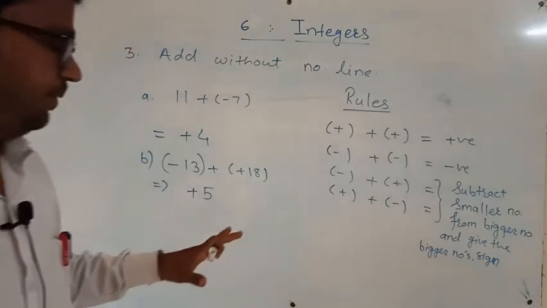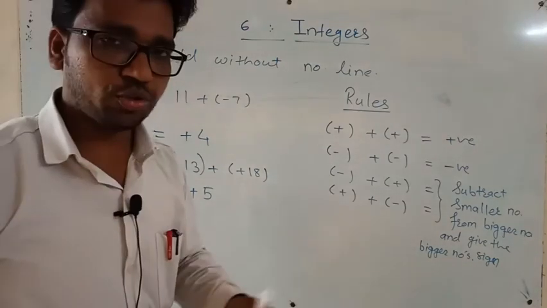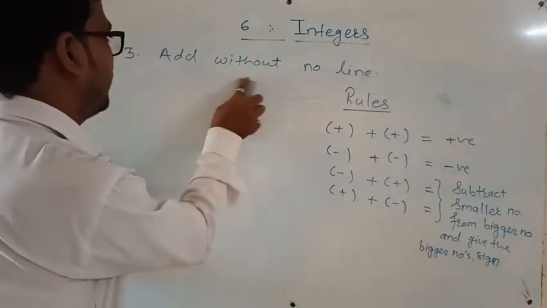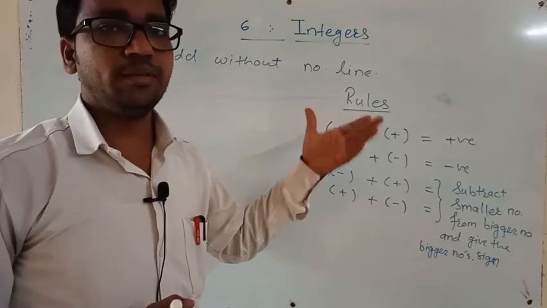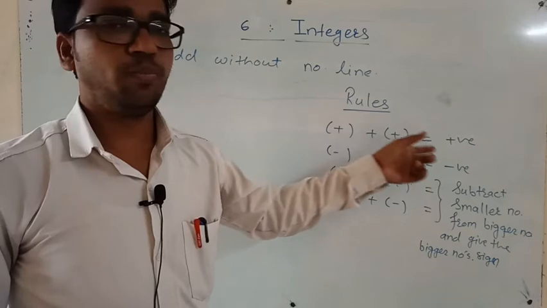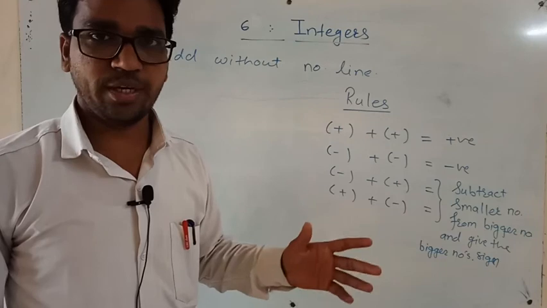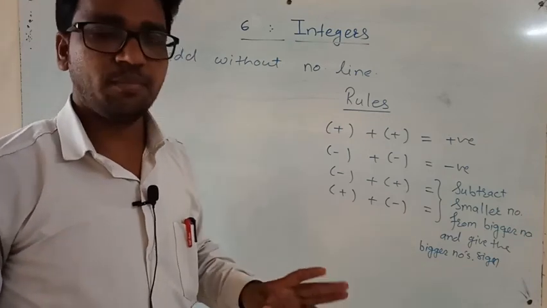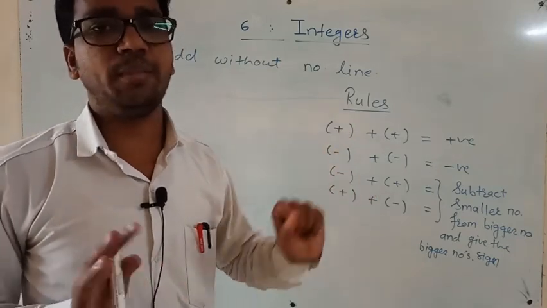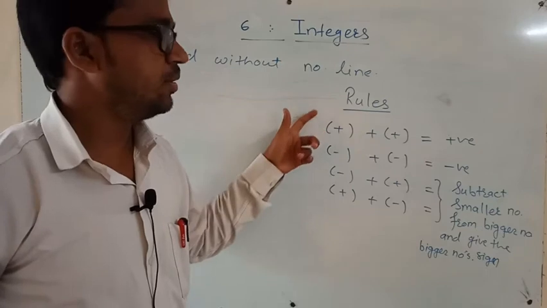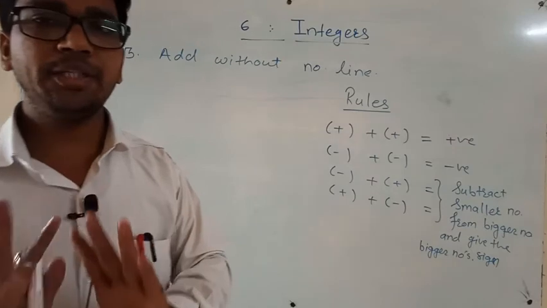It's very easy but very important, because lots of students make mistakes here. What mistakes do they make? They learn these rules like positive, positive, positive, or plus plus plus, minus minus minus, plus minus, minus minus plus, like this. But don't learn it like this, because it is only for multiplication and division. Don't use this type of rule in addition or subtraction.